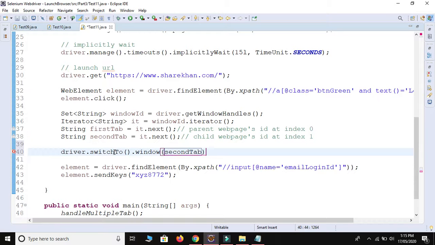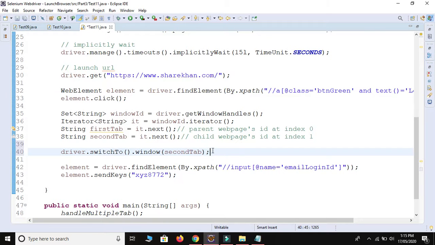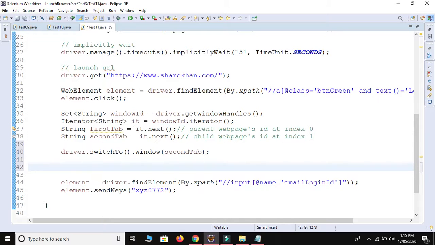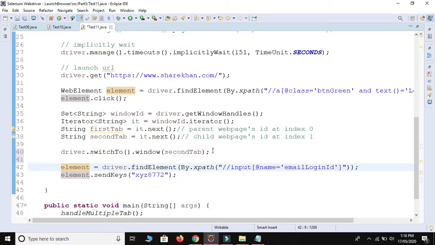Second tab, because our element is present on second web page, second tab. Okay, so after switching the control I will provide some wait, because it will take some time for me, otherwise just run and save, control shift F and control save.